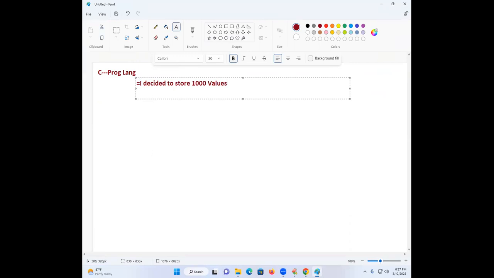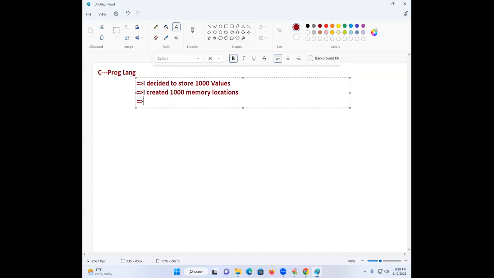To store 1000 values, I created 1000 memory locations, as you would know from arrays in C. But I am talking about Python programming here, which I will show in the class. I created 1000 memory locations because we expected 1000 values to come.